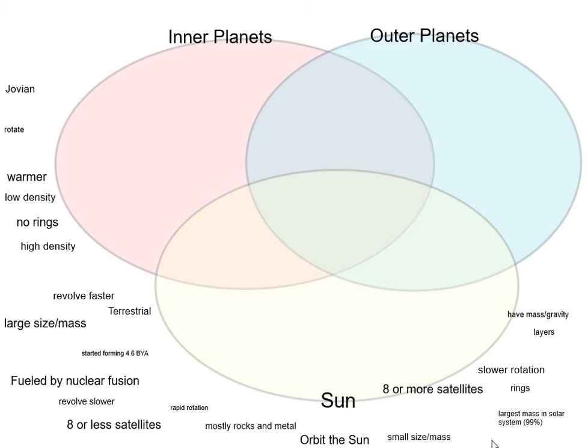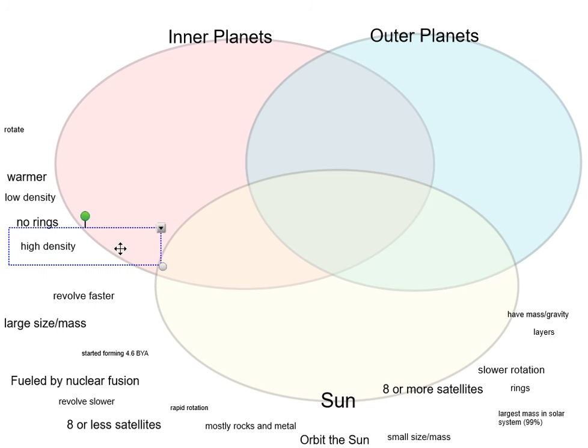All right, next you're going to use your inner versus outer lab that you did, the one with the bar graphs with the inner and outer planets, to help you answer this question. You're going to find these in the reading. You're going to find which ones are Jovian and what the definition of Jovian is, which ones are terrestrial and the definition,